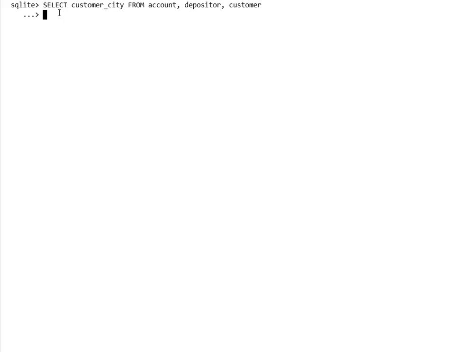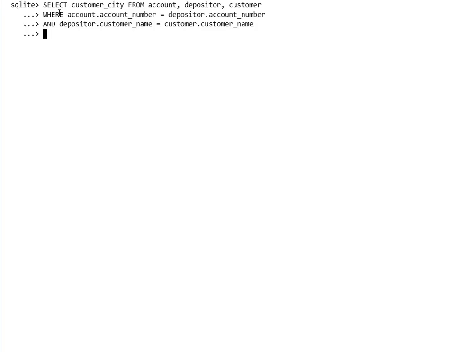Now what we can do, we can simply associate them using their keys: account.account_number equal to depositor.account_number. And then, it's simply depositor.customer_name is equal to customer.customer_name,